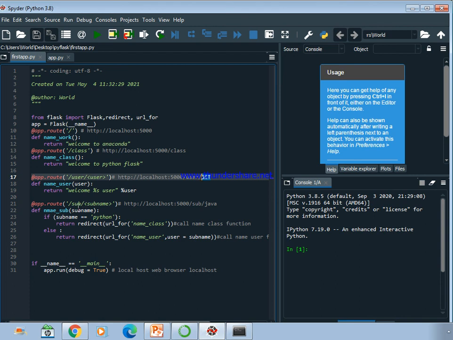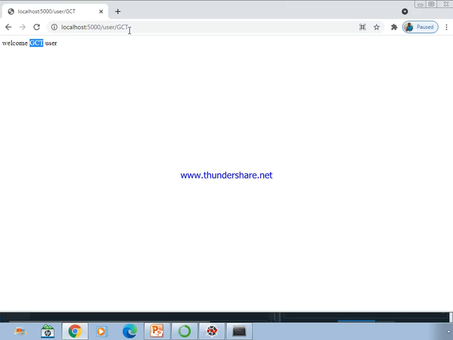Sub represents the subject, and then the subject name. For example, if I have given Java, the else part will be executed and it has to call the name user function, and display welcome Java user, right? And if I have given Python here, the if part will be executed automatically and it has to call this and print welcome to Python Flask. So these are the two cases we have to check now.